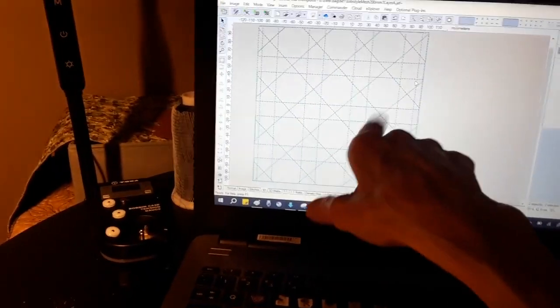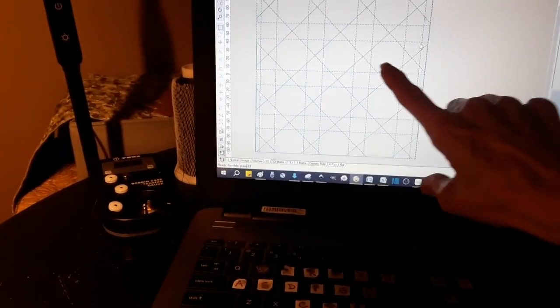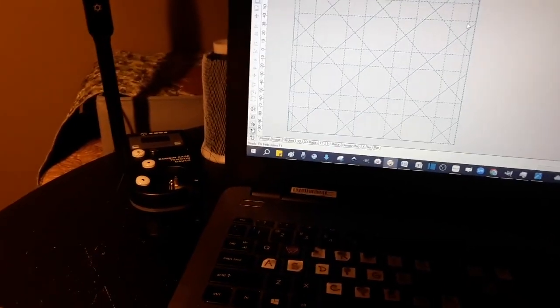the way I did this was I created a diamond mesh. I used Embird's mesh for the diamond. It's actually just a checkerboard, and then I rotated it 45 degrees to get the diamond shape. And then I did vertical lines and horizontal lines where they're supposed to be. I don't know how perfect it is, but